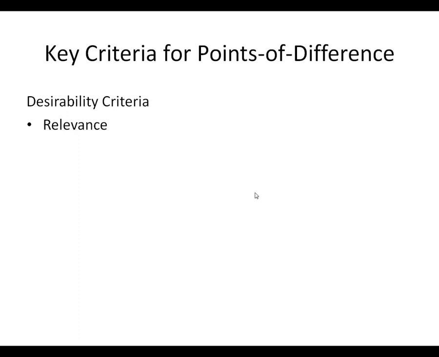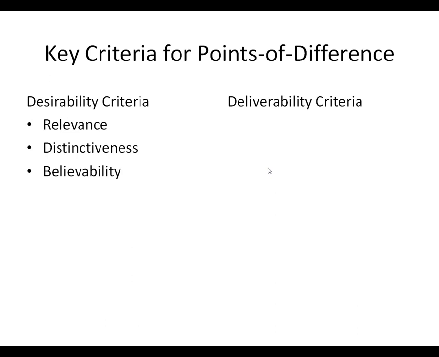In order to figure out how you're going to be different than the competition, you've got to consider how desirable your difference is. Is it relevant? Is it truly distinct? Is it believable? Think about Netflix. Is it really true that I can watch as many movies as I want each month for $8? You've got to get people to be on board with that and believe it. But you also have to be able to deliver the point of difference. Is it easy enough to deliver? Can we communicate this delivery to the market? And can we continue to deliver it to the market? Okay.